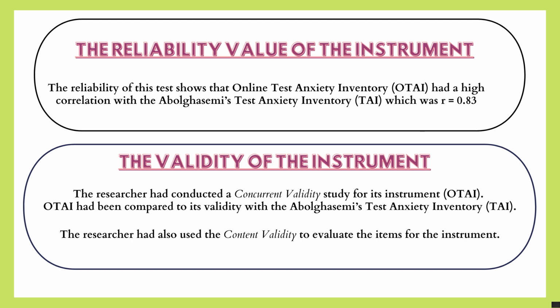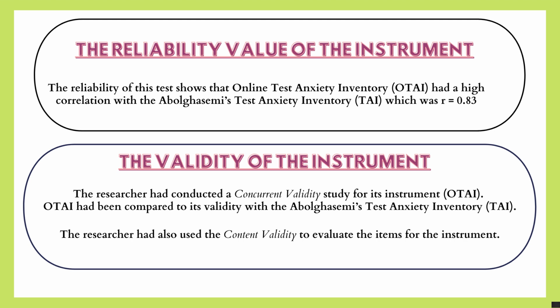Generally, we know that concurrent validity is a measure of how well a particular test correlates with a previously validated measure, which shows that this study uses concurrent validity when it compares the results with the Abolghasemi Test Anxiety Inventory. For the second validity of the instrument, the researcher had also used content validity to evaluate the items for